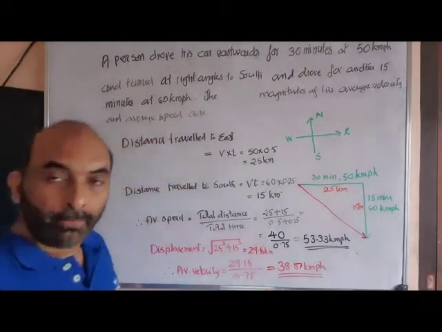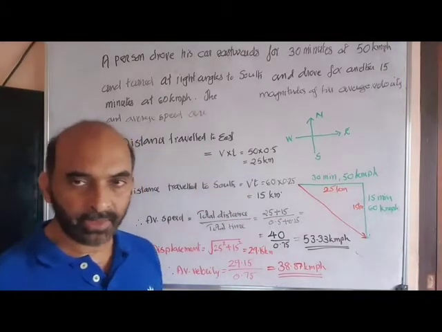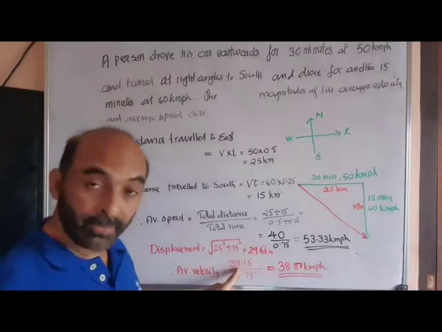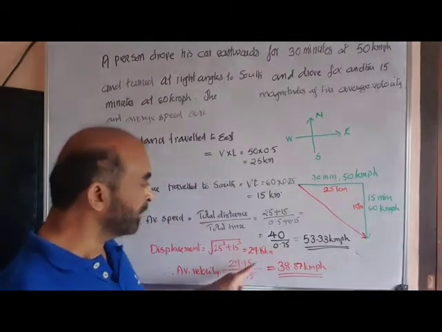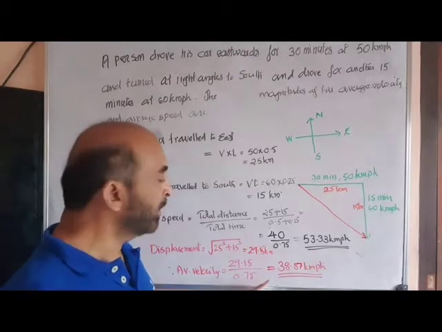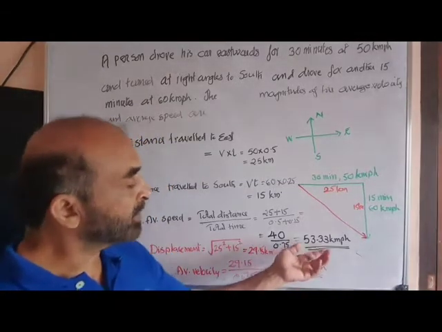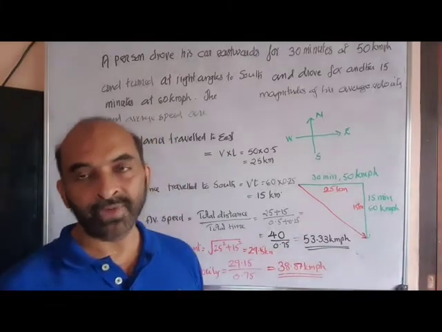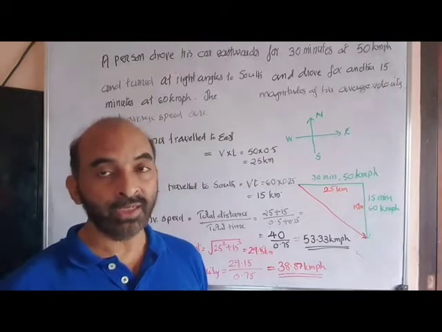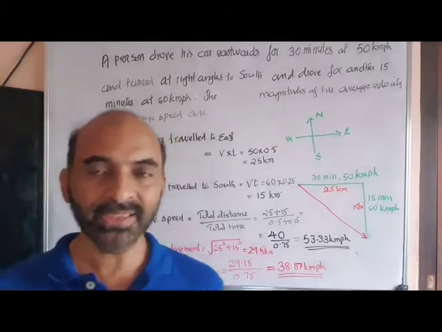Okay, but the time is the same for both finding the speed as well as the velocity. So average velocity is displacement by total time, 29.15 km by the same time 0.75 hour gives you 38.87 km/h. Evidently, average speed has a greater magnitude than average velocity since the journey is not in the same direction or not completely linear. Okay, that's a simple one.